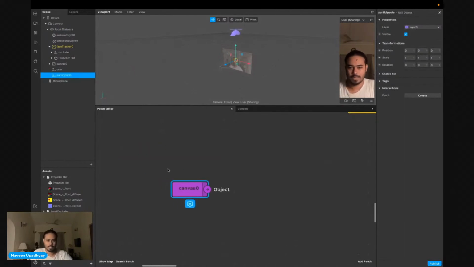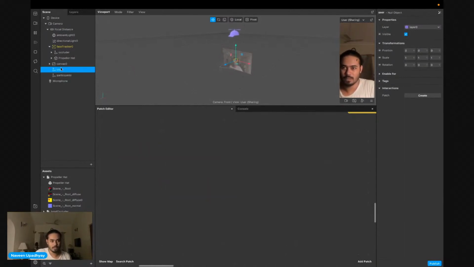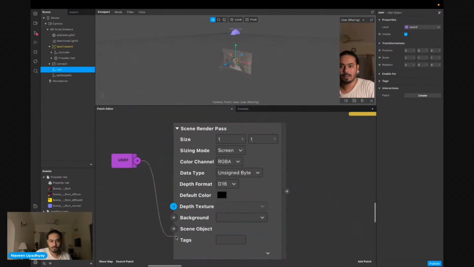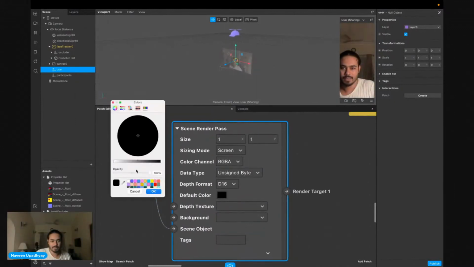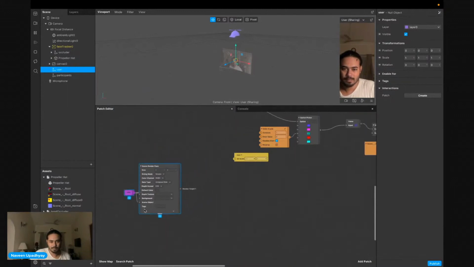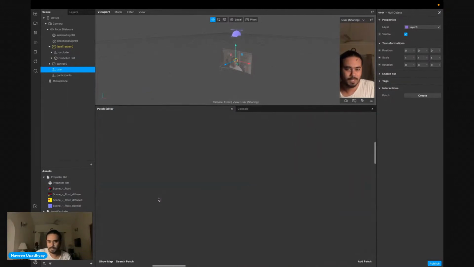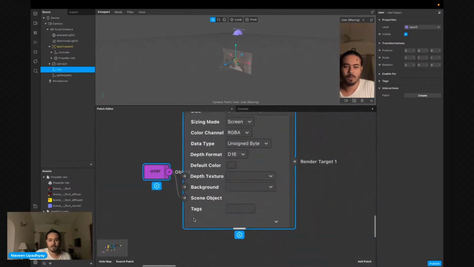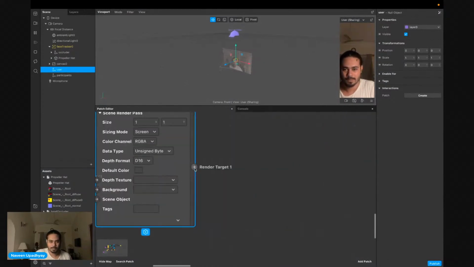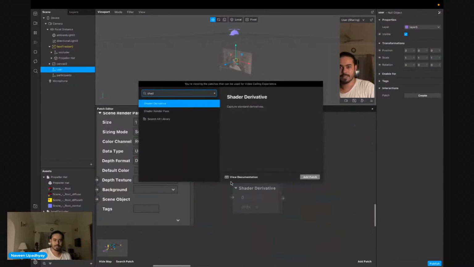What I'm going to do is take this user, whatever user comes, and put it on a scene render pass, which is going to be my scene object, and give it a transparent color because I don't need a black color. And this is what my user is, and my participants are probably similar. So this is just to invert things. And how do I invert it? I take this output and put it in a shader render pass.